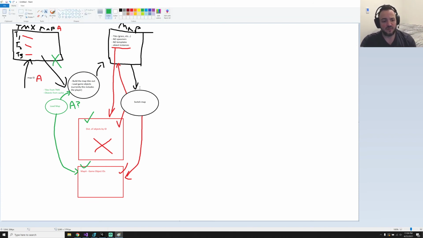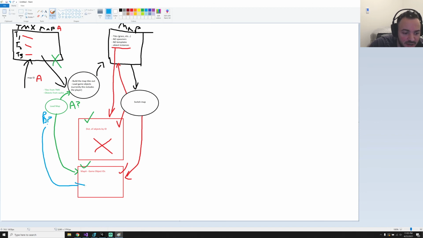So that's a little bit convoluted. And if instead of switching maps, we went to map B, just to show you a different example here. That's funny, I picked blue because I said B. So when we go to switch map, if we're not going back to A, which we've already been on, and say we're doing B,